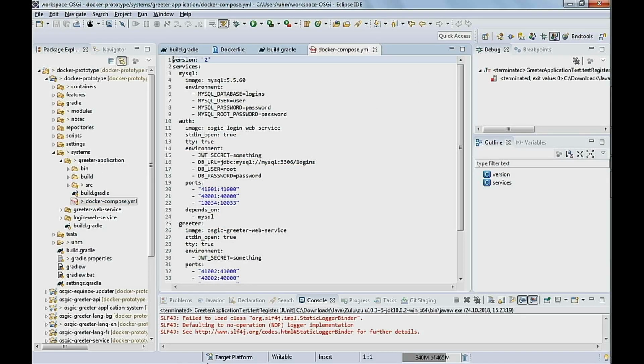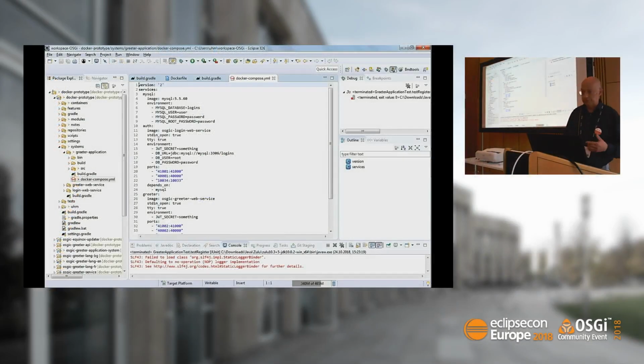trivial, because I have a selection of services implemented in OSGi. I used, for instance, JAX-RS to be able to remote them, to talk over REST between the containers. And I'm able to use these 4 containers to run the system in a way which is quite close to what you would do with production.